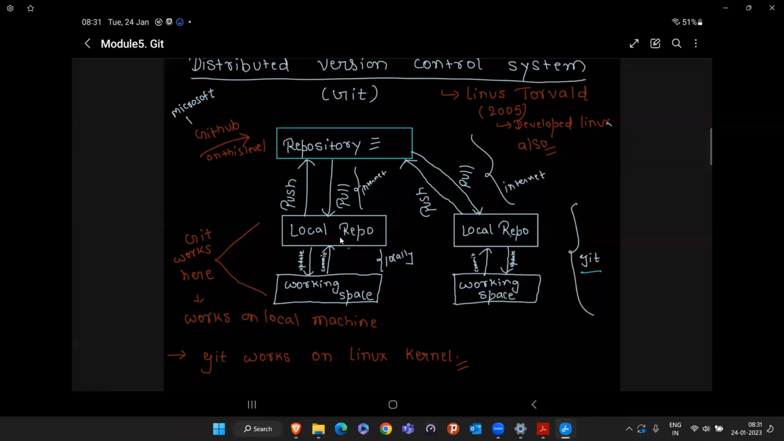If your code is written in the local repo and you want to move this code from the local repo to the repository, what you will be doing is the push operation, and at that time you will require internet. Okay. Once your code is pushed to the repository,